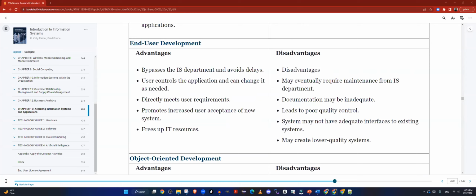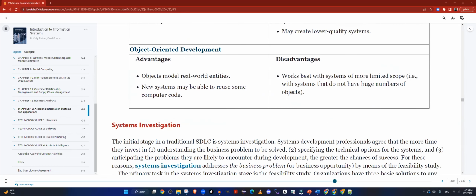For example, it leads to poor quality control because everybody does it their way. There is no streamlined process. There's no documentation. If that person who is so expert in it leaves, there is no knowledge base to fall back to. And then there's an object-oriented approach